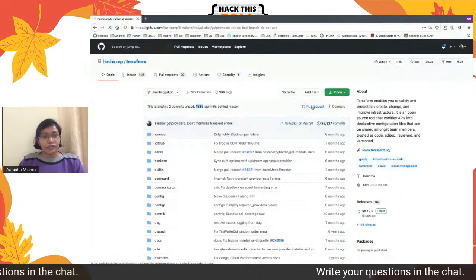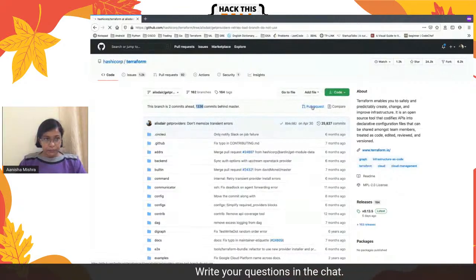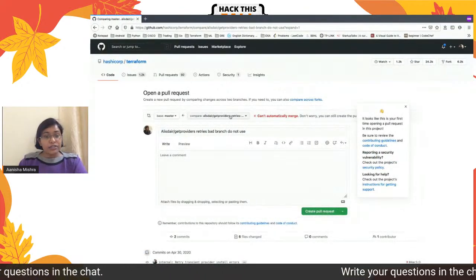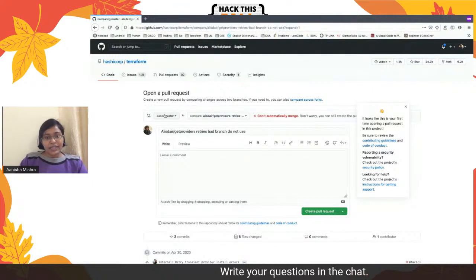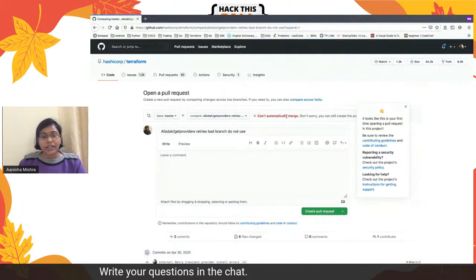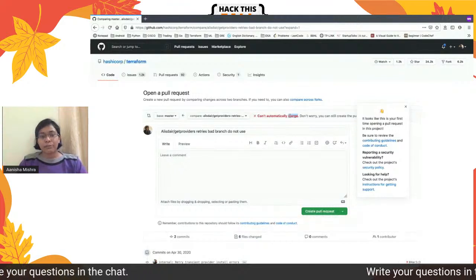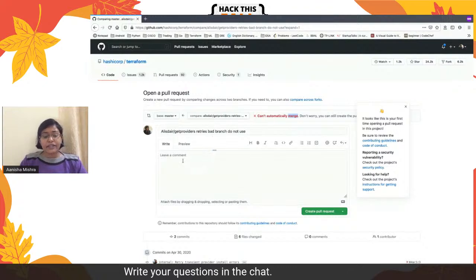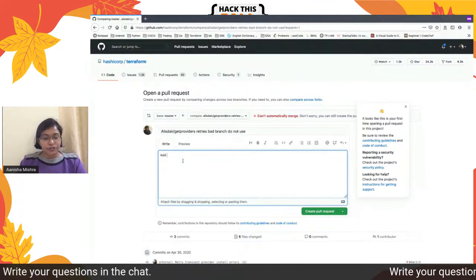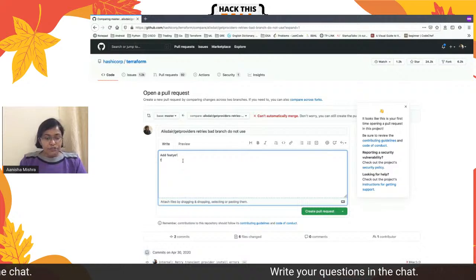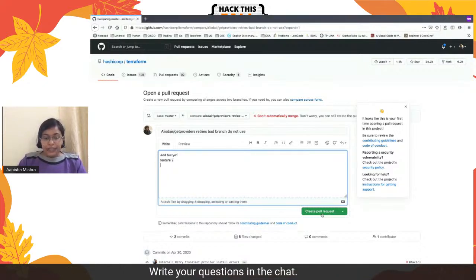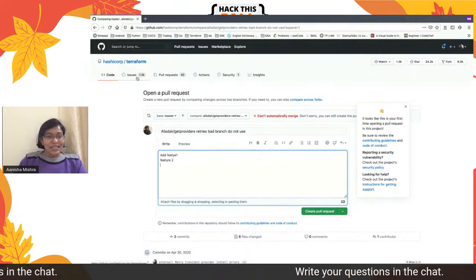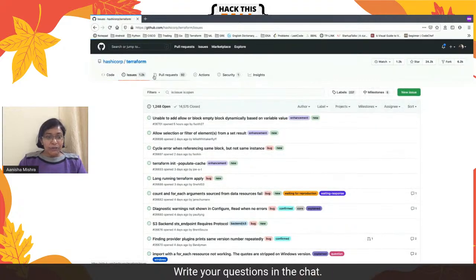If I click on this, here you see it will ask that I merge my branch to the base branch, that is master. Currently it's showing it cannot be automatically merged because there is a huge gap between master and this particular branch. So this is how a pull request looks. Here I can write my comments, that I added feature 1, I added feature 2, and then I can click on create pull request. Since this is not my branch, I'll not be creating a pull request right now. Going back to this